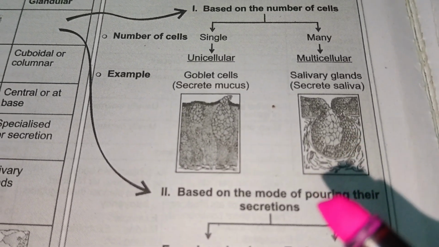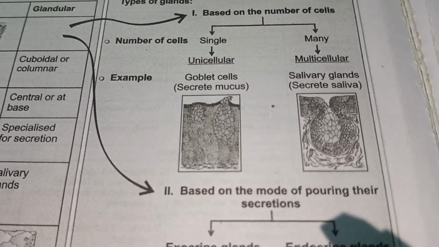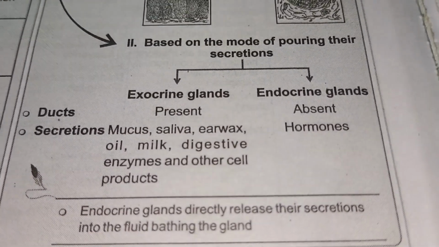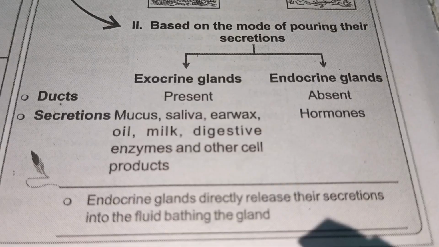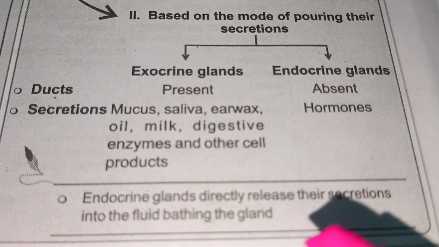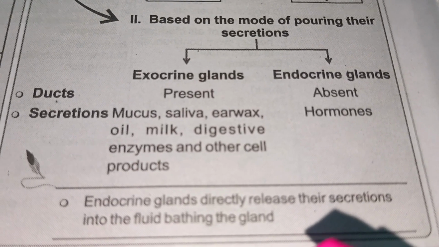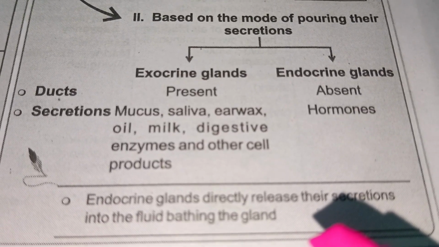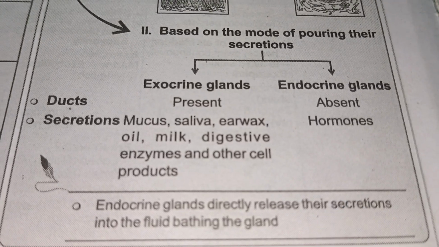Now there is also one more classification of the glandular epithelium tissue, that is on the basis of mode of pouring their secretion, means how they pour their secretions. Such as here we can see the exocrine glands and endocrine glands, in which glands a duct is present or absent. Here we can see the ducts are present in the exocrine glands and